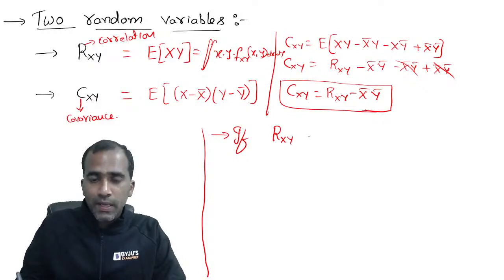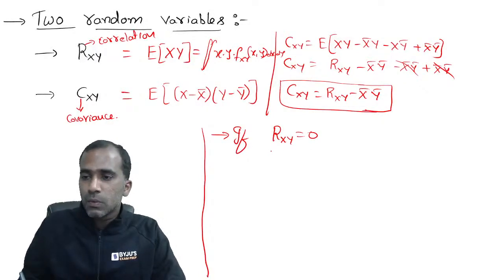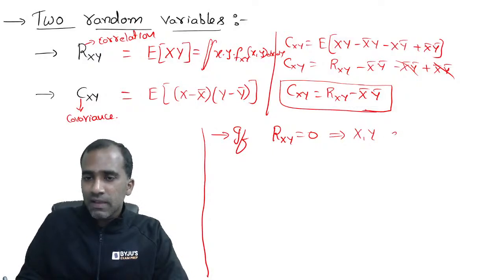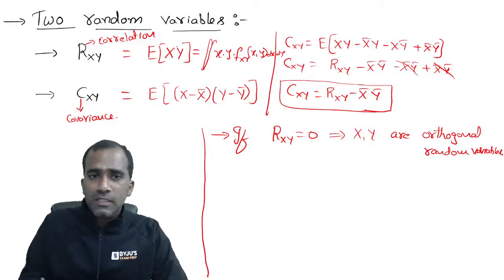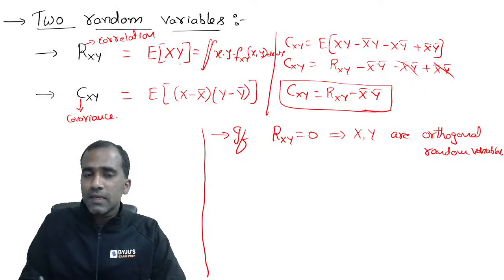If rxy equals 0, what does that mean? What is the relation between x and y called when rxy becomes 0? x comma y are orthogonal random variables. That is how it is named. Okay, so it means this product is random in nature. If you average that product, and that average turns out to be 0, we say the relation between x and